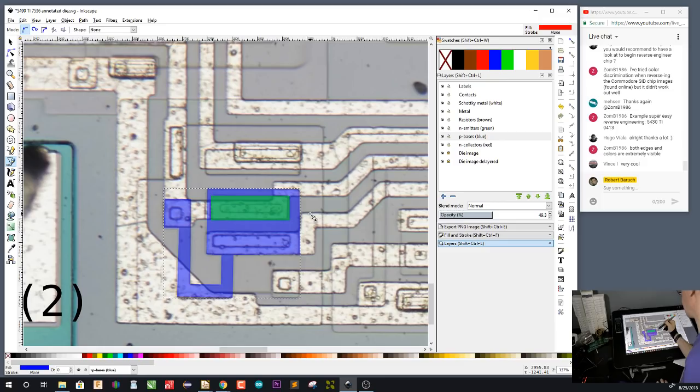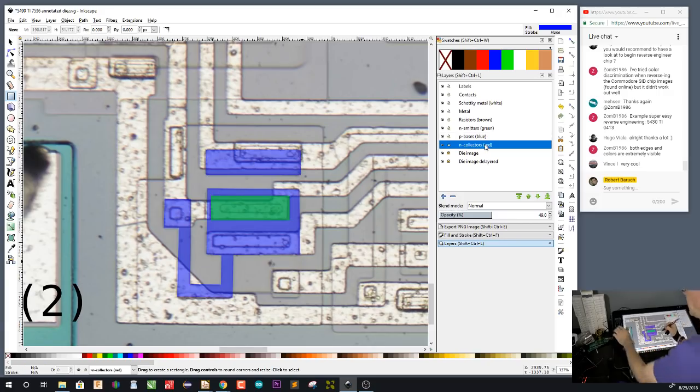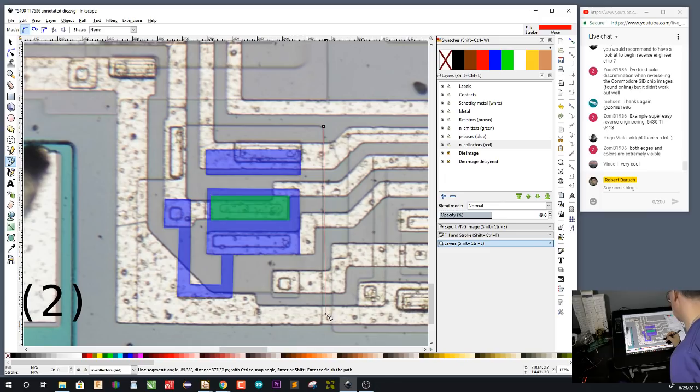So, well, okay. I'm just going to color this blue. Yeah. I mean, it's kind of big to be one of those super ohmic contacts. When we get to reverse engineering this particular section, I'll try to explain that a little better, why I think that is a